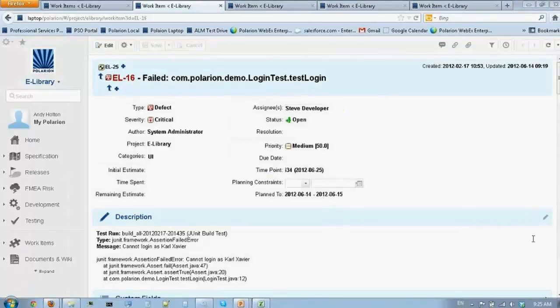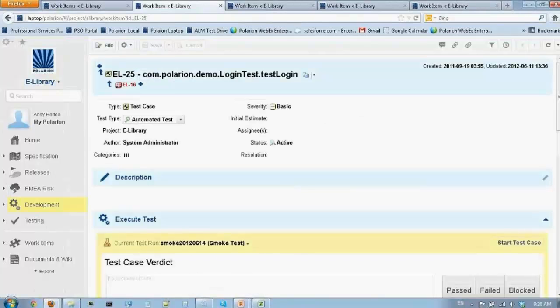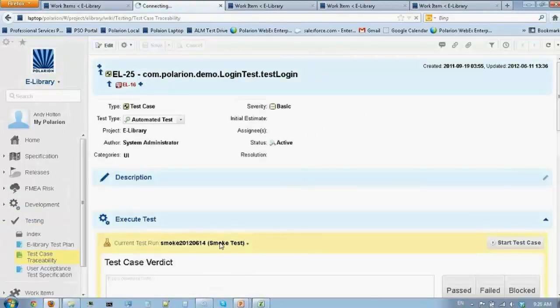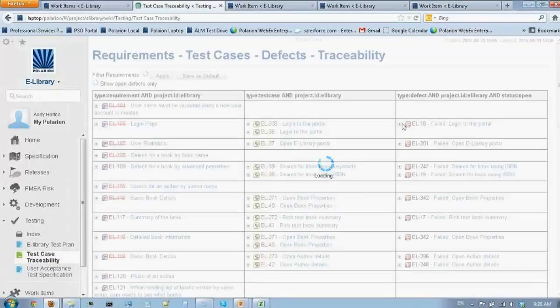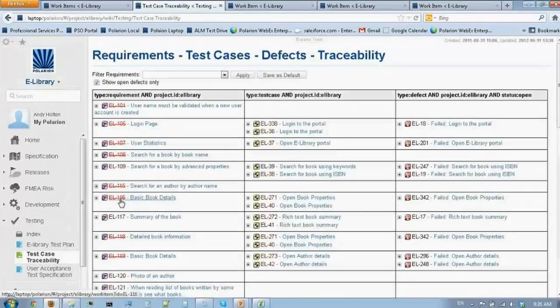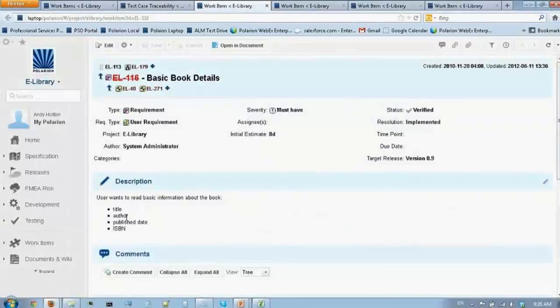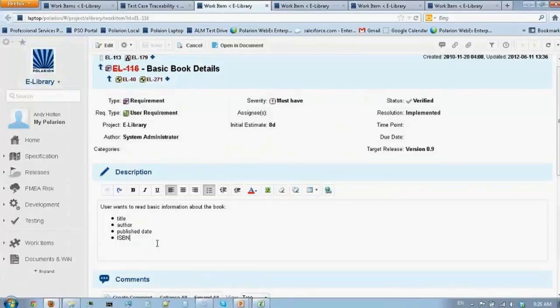All right. One other question is, how are changes from a requirement propagated? So when you have multiple test cases connected to a requirement, how are the changes propagated down? So within Polarion, we have what is called suspect links. So if I'm going to open up my test case traceability table, and I'm going to find a requirement that has several test cases connected to it. Let me select EL116. So within this requirement, if I make a change, let's say under description, under basic information for the book, I'm going to say I also want